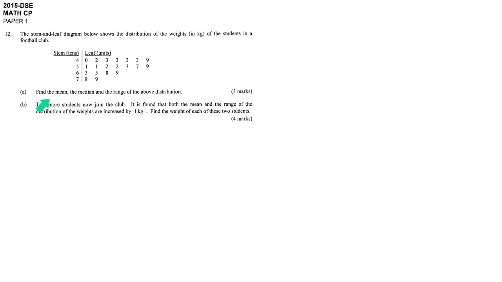In this question, they ask us to find the mean, median, and range. So for the mean and median, you need to know the total number of data. After counting, we have 20 data here. If we find the mean, just simply use your calculator: 40 plus 42 plus so on until the last one. It's because you don't know whether they will ask you about SD, so you may use this method, which gives 55 kg. And then for the median,